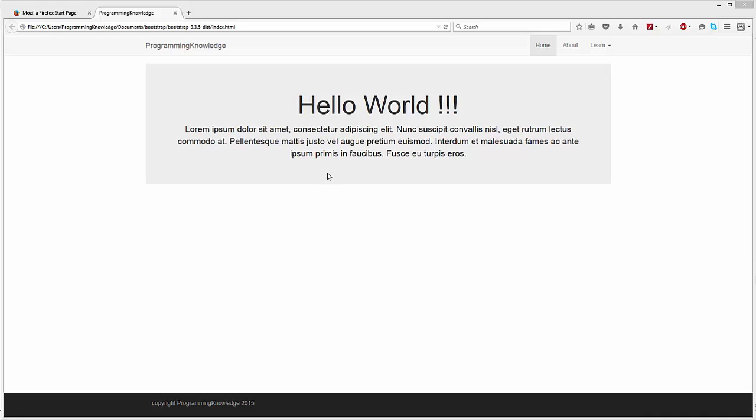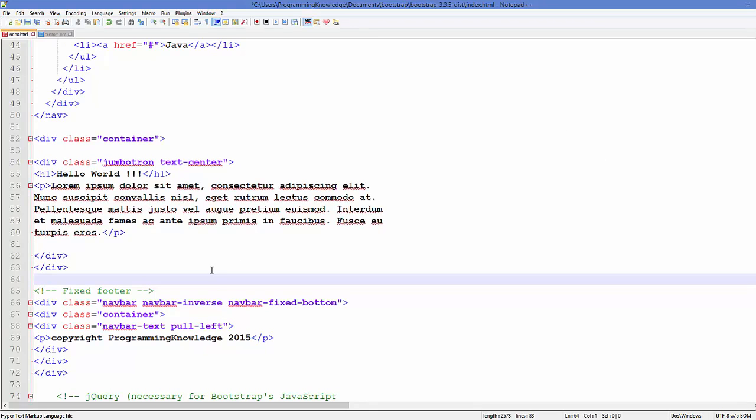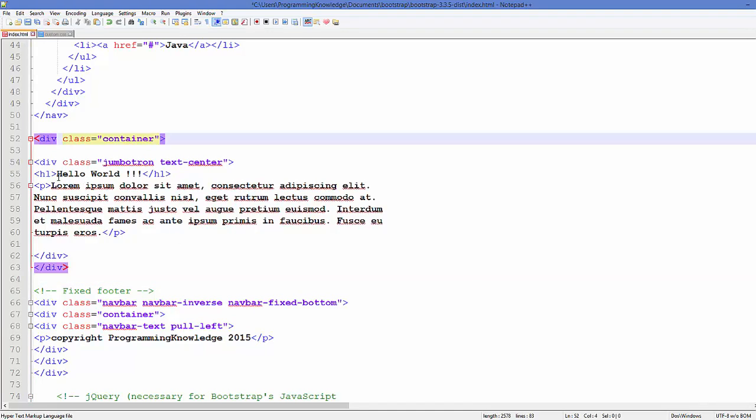In the last video we have seen how to use Jumbotron in Bootstrap. Now in this video we will see how to use and create different kinds of buttons in Bootstrap. So let's get started. I will go to my index.html code, and in the last video I have written this